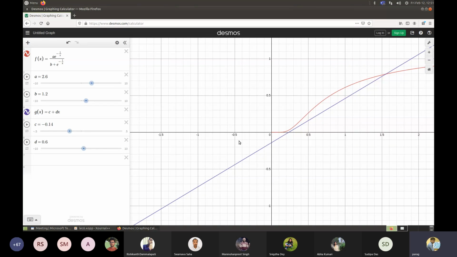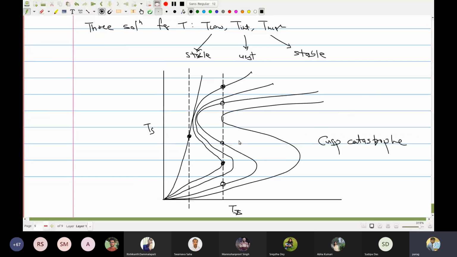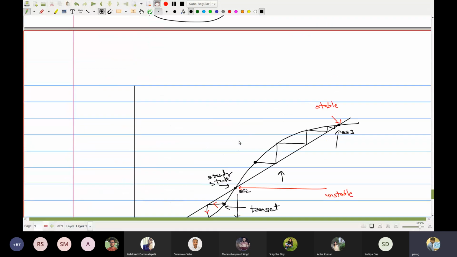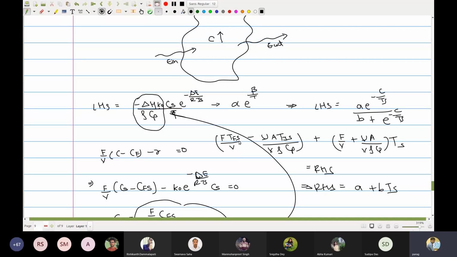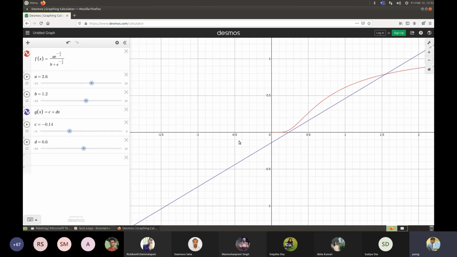For example, you have the heat transfer coefficient and density. There are several parameters associated with it. You have volumetric flow rate, which can vary a little with temperature. You have density, you have specific heat. All of these are functions of temperature, but their dependence upon temperature is very weak. So for all practical purposes, this line will always be a straight line.